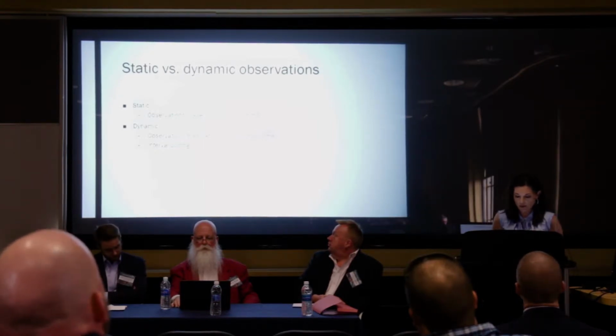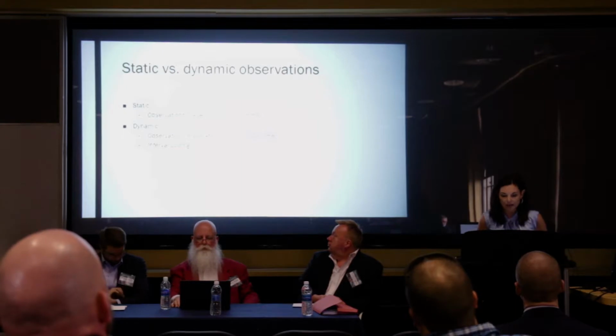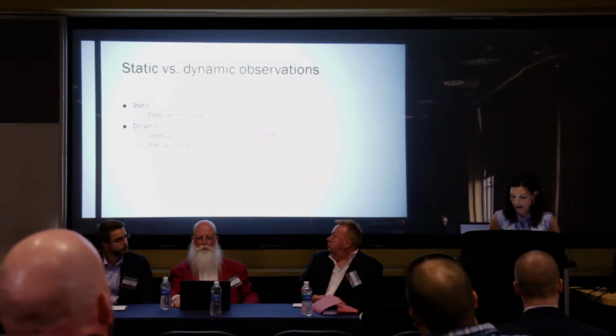So we can also consider whether observations are made at one point in time, such as observing the behavior of passersby on the street, or at multiple points over time. This latter type of observation, dynamic coding, is intended to evaluate how behavior changes over time, and in response to varying stimuli.